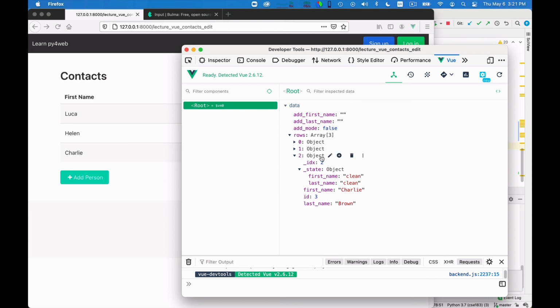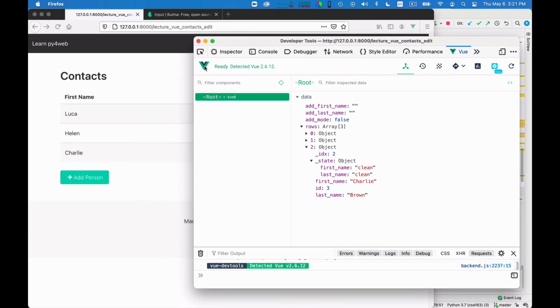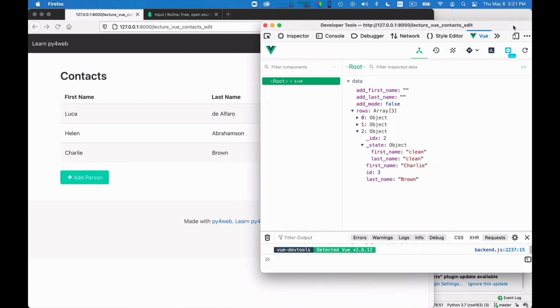So now, let's see what happens. This Vue debugger, I downloaded it and added it to Firefox. The extension is available for Firefox and I believe also for Chrome, not for Safari. And it is very useful in testing Vue. It's not perfect, however. I have noticed that on some occasions there is a change in Vue in the JavaScript, but there is no change in what it gives you here. Okay, so let me keep this out there somewhere.